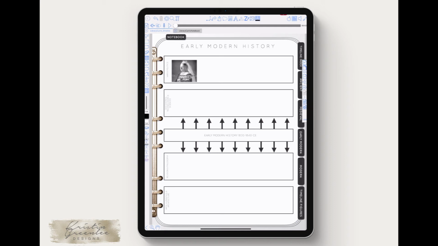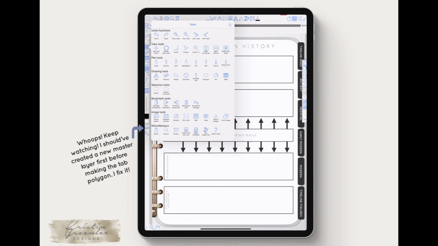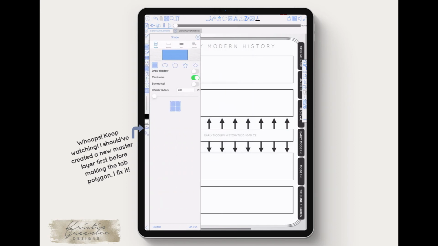Okay, so now we're using the timeline notebook separately. And you'll see at the top of this notebook, I have a tab that says Notebook. So one of the neat things about using Zoomnotes is the ability to add hyperlinks after you've already imported a document, which GoodNotes, as of right now, does not allow. I'm hoping that's something that they'll add. So what I'm going to do is use this polygon tool. It looks like an oval. And I already have my favorite style saved, which is basically a rectangle, and I have it saved as